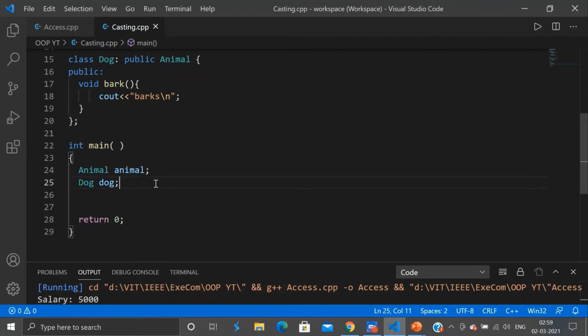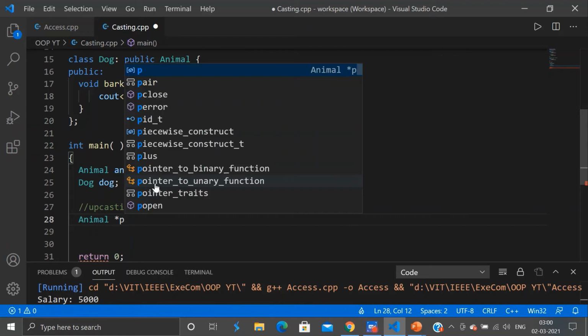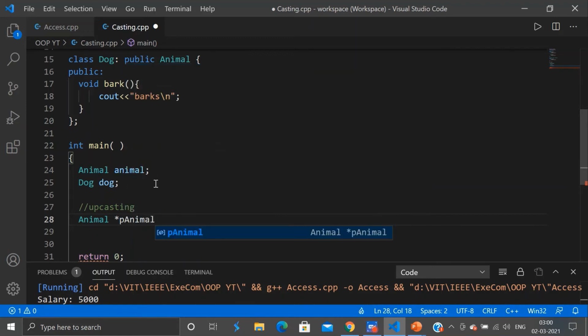So in order to upcast, I want my parent pointer to refer to my child object. So for that I will initialize my pointer and refer it to my child class object, that is dog.